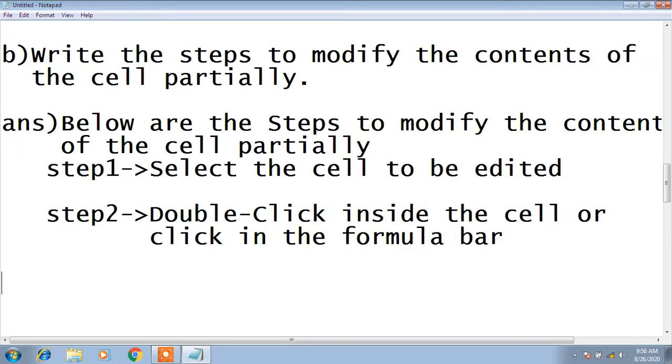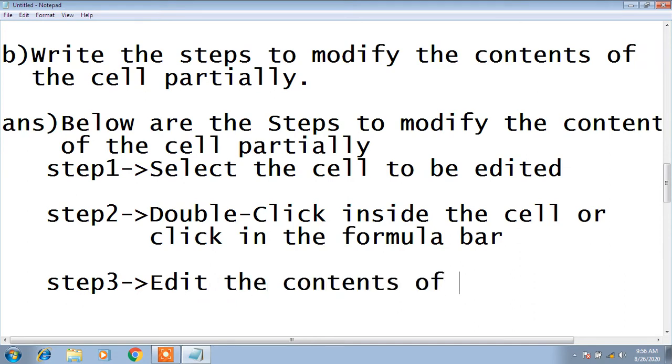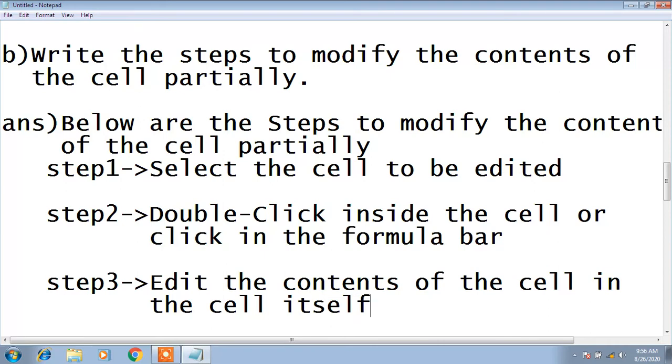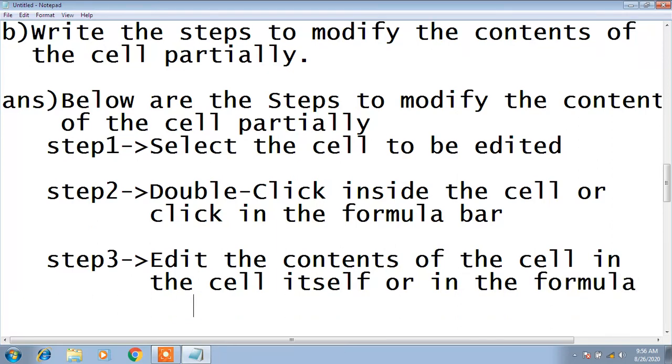Now step 3: edit the contents of the cell in the cell itself, or in the formula bar.